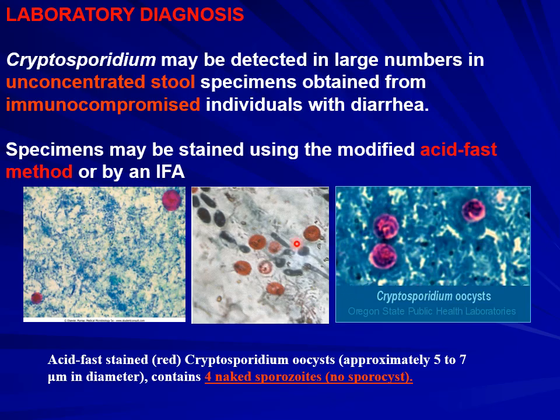It is very important to note that for Cryptosporidium parvum, what goes out in the stool of an infected patient are directly sporulated oocysts that do not contain a sporocyst, because the sporocyst disintegrates upon formation of the sporozoites, and these oocysts contain directly 4 naked sporozoite stages. So this is very characteristic of Cryptosporidium parvum. You will see in the stool of an infected patient oocysts that are directly sporulated and that do not contain sporocysts but contain 4 naked sporozoites.